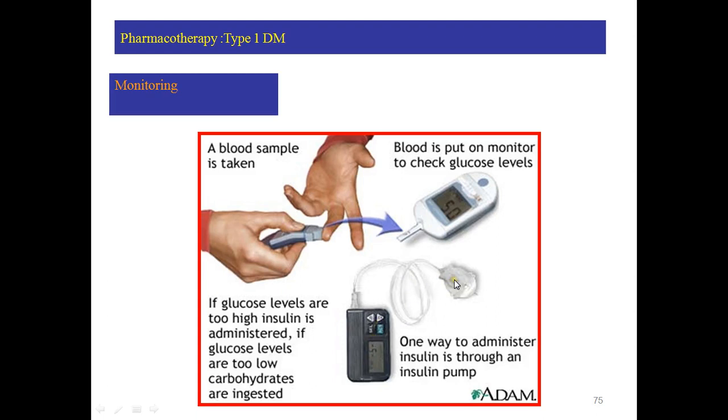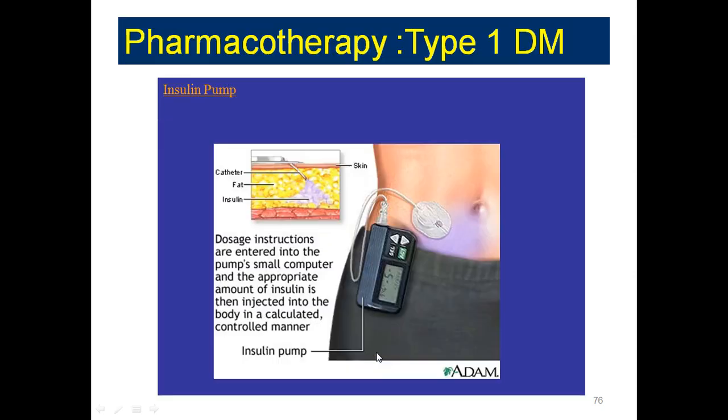And if the sugar levels are high, it can be programmed to increase the dose of insulin. Whenever the sugar rises, it will sense it and increase the dose of insulin. Dose instructions are entered into the pump's small computer, and the appropriate amount